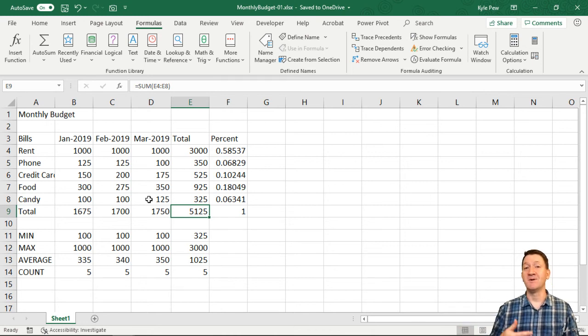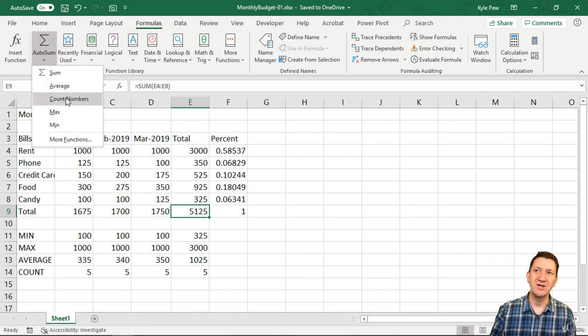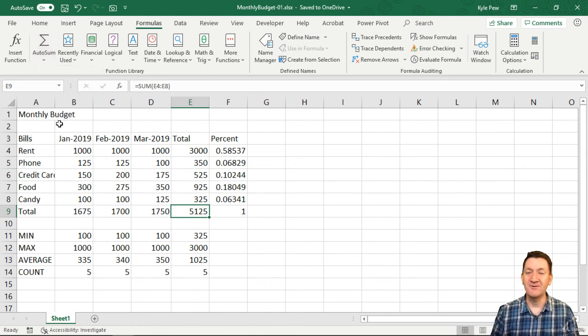And just for kicks, if you want some more practice with that button, you can also delete all of the min, max, average, and counts out of there. Go up to the auto sum button. It's actually got two pieces to it. If I click on the lower half, I've got average, the count function, which is count numbers, remember that one, and max and min in there, all through my auto sum button. So try that one out, complete it. I know you've done it a couple times, but now you've got a nice little shortcut. All right, just complete that, and then let's jump into the next lecture.